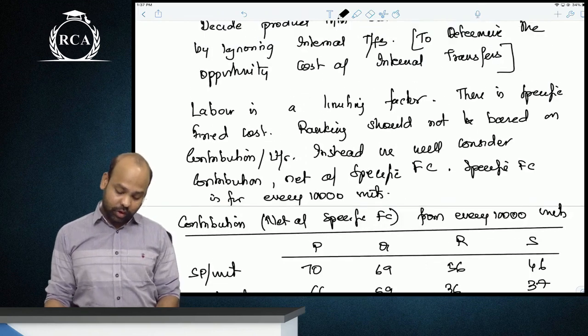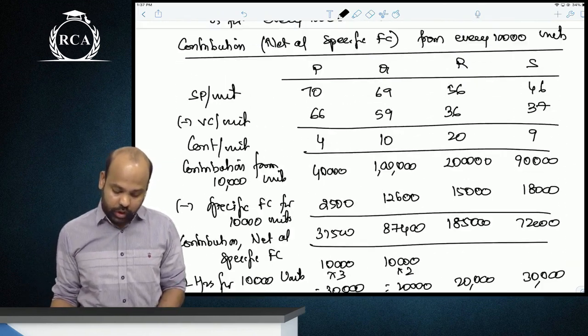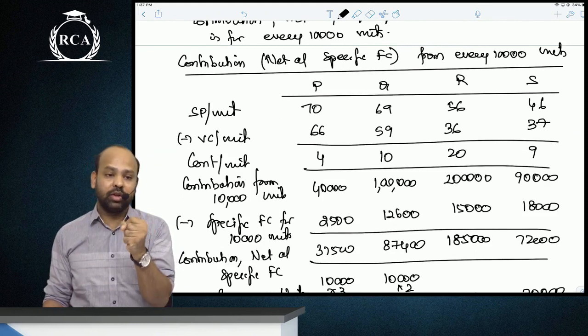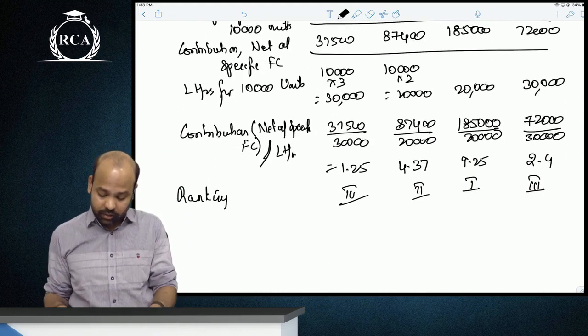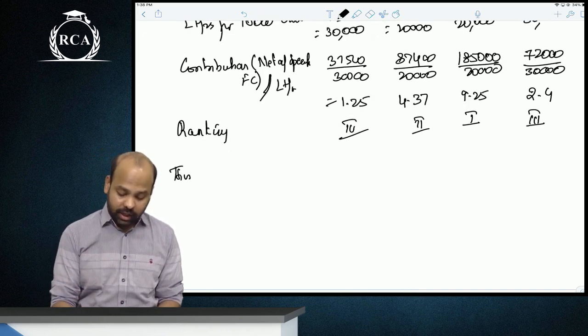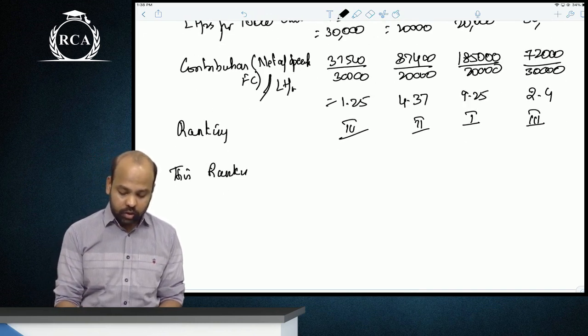Please understand, guys, what did I just do? I computed contribution from a lot of 10,000 units, ranked it on the basis of number of labor hours. Now this ranking that I did, beta, this ranking will hold good